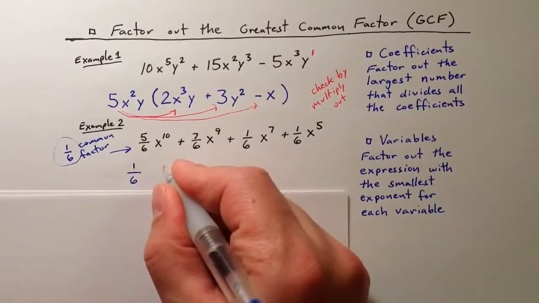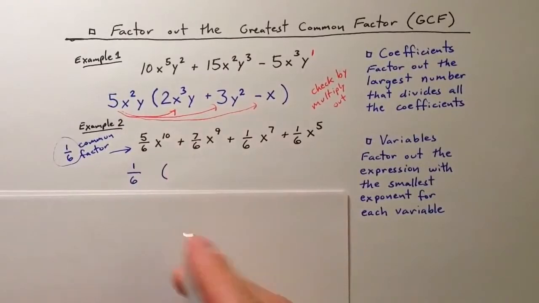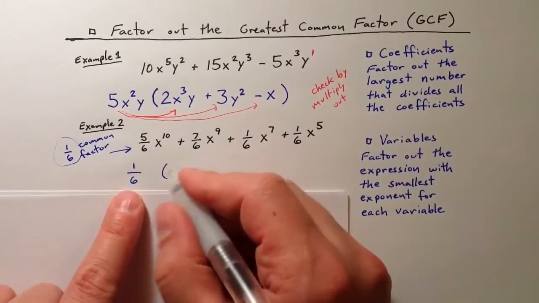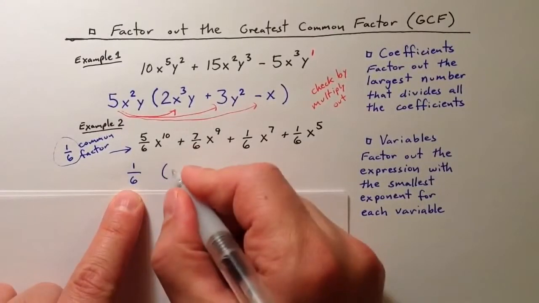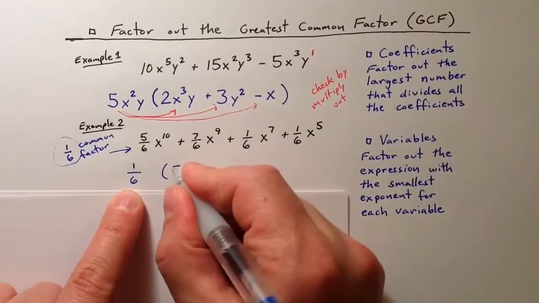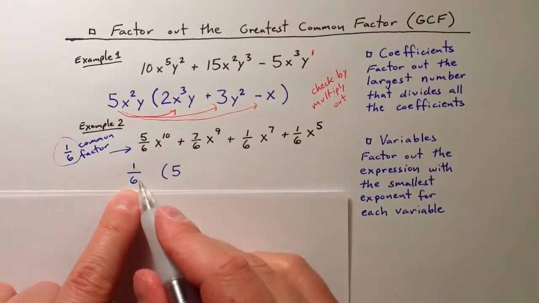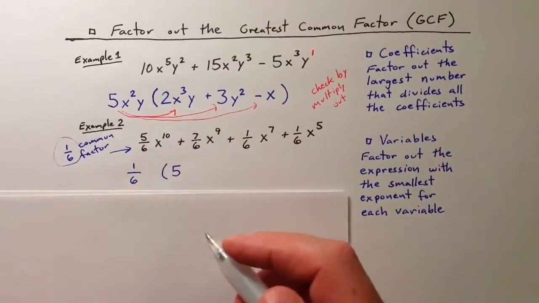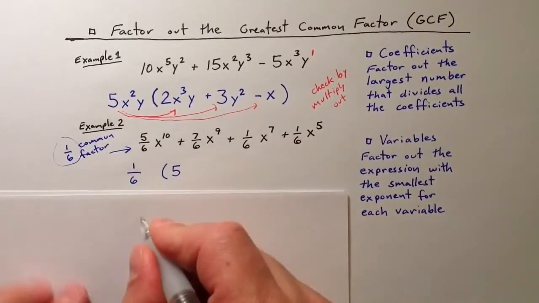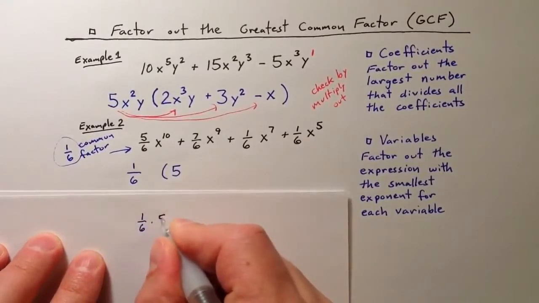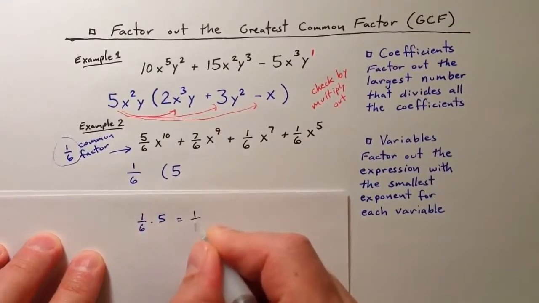I'm going to leave a little bit of space for the variable part of the expression. But then let's just see what's left behind. So if I factor out a 1/6 from the first term, 5/6 is actually the same as 5 times 1/6. And we can see that if you think about the following idea, 1/6 times 5, that's the same as 1/6